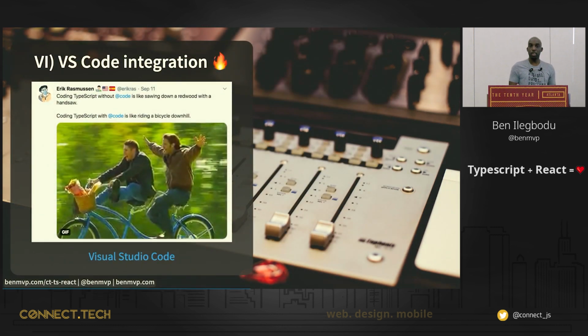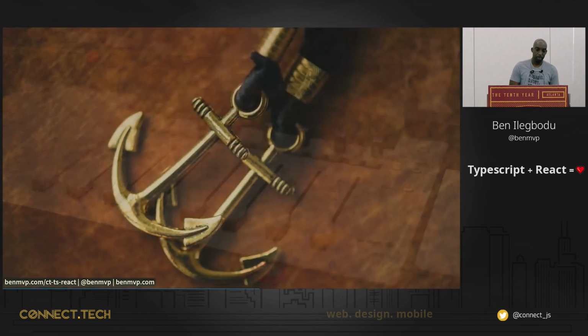So I use VS Code for my development, and the integration with TypeScript is amazing, okay? If you don't know about VS Code yet, it's a free open source editor. It auto-completes React, so it'll tell you what properties are available and what their types are and such. That's their IntelliSense. And all those errors I was talking about, it will show those inline. So as you're typing, you're getting these red squigglies to let you know if the prop is invalid, if its value is invalid, and everything like that. I can't imagine doing TypeScript without it.